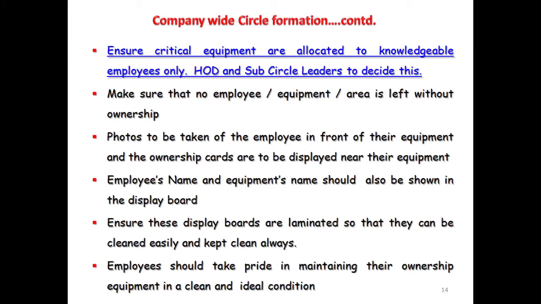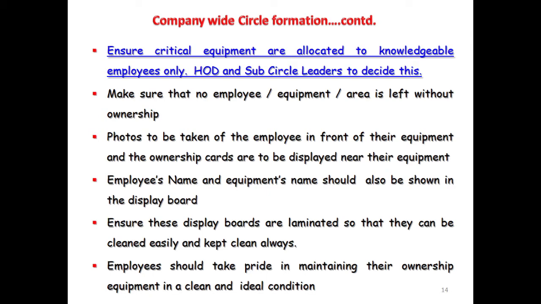Ensure critical equipment are allocated to knowledgeable employees only. HODs are circle leaders to decide these. Make sure that no employee or equipment or area is left without ownership. Photos to be taken of the employees in front of the equipment and the ownership cards are to be displayed